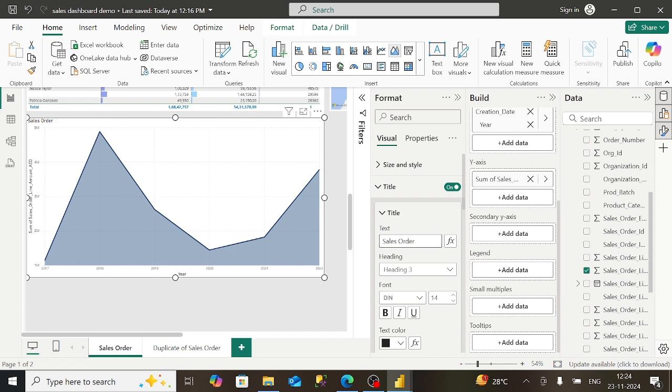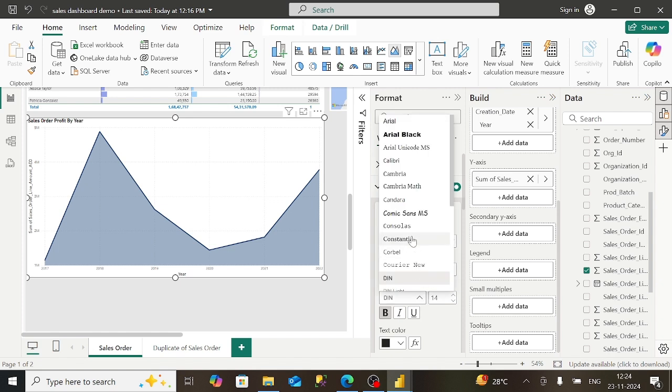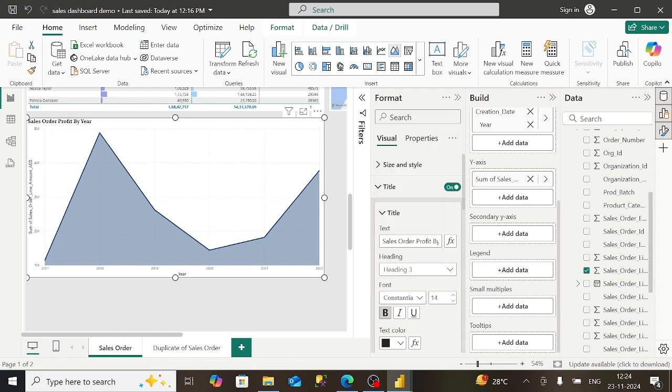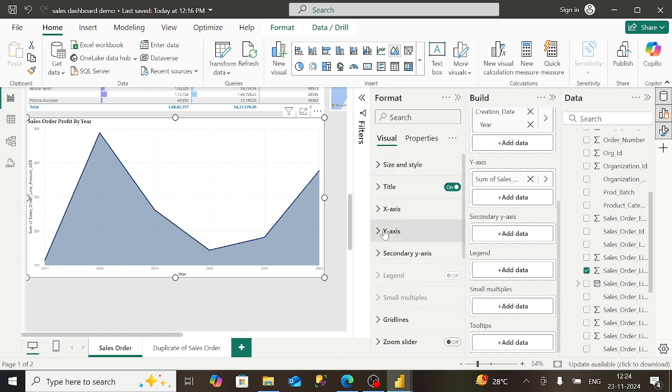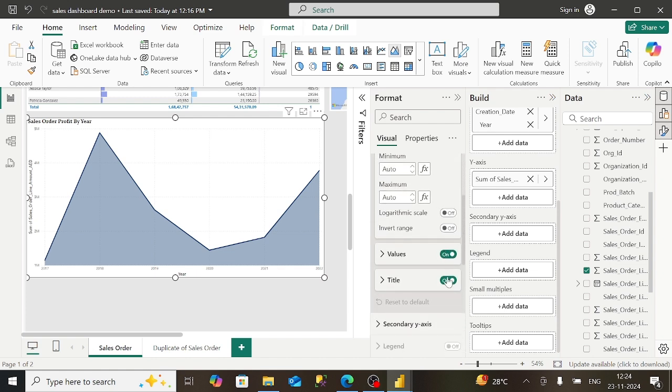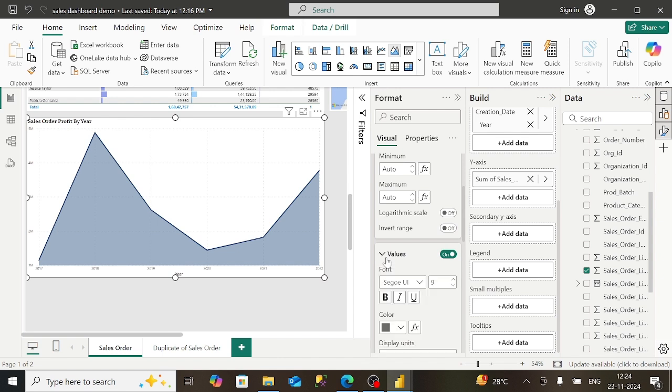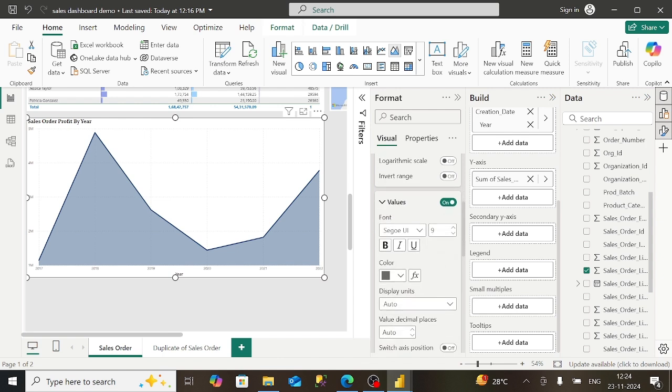Sales order profit by year. Okay, and make it bold and we will change the font. Also, we don't want the title on our y-axis, so we will turn it off. We will change the value to none,